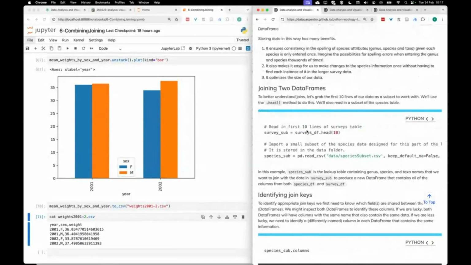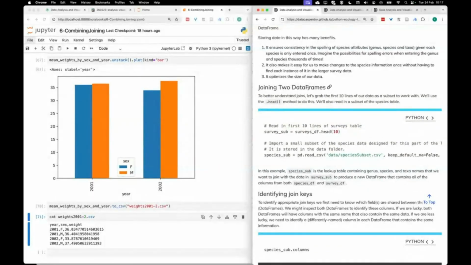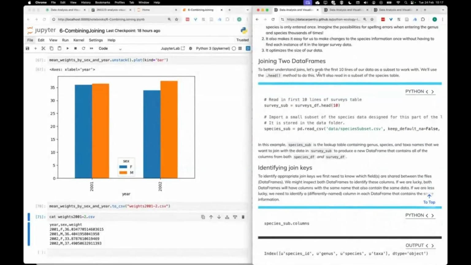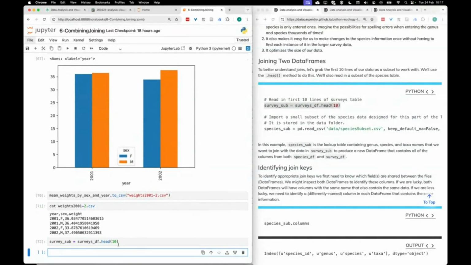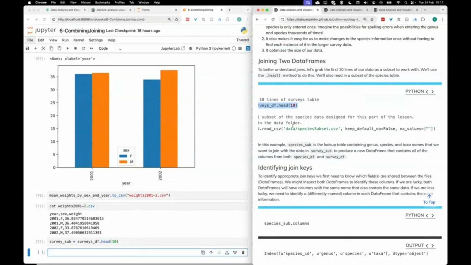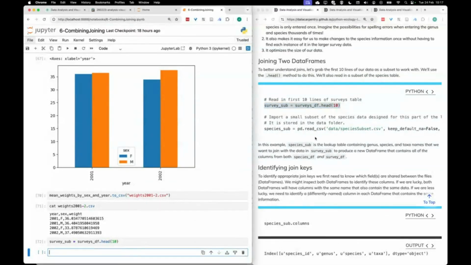So we start off by looking at how to join two data frames. I think we still have this subset of the surveys data frame, let's just grab it again. That was the first 10 values of the surveys data. And here, the idea is as well, you create a subset of the species data rather than the full value. So there's a special file here, species subset,